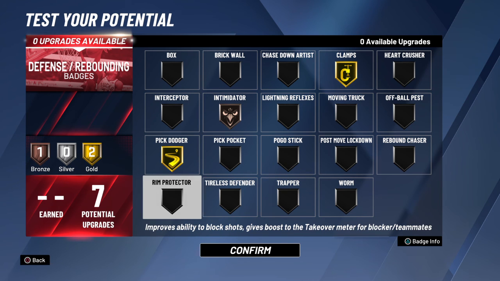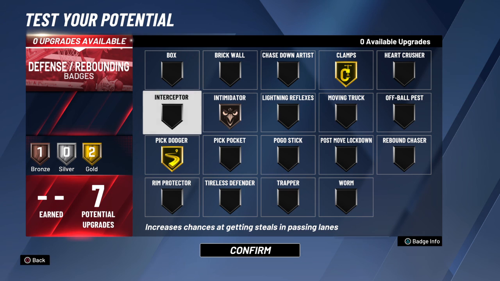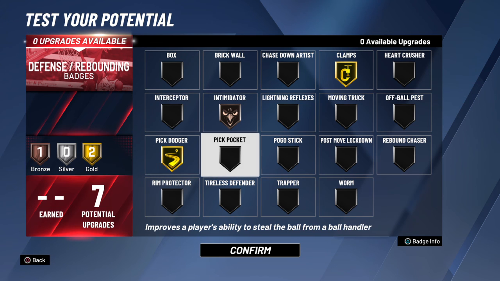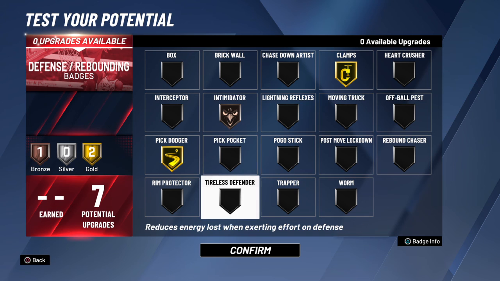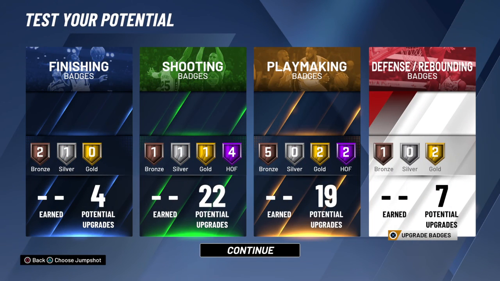You could put them on rim protector and chase down. Even though you don't got a high block with this build, it'll still work having rim protector and chase down. But if you go with more defensive badges with this build, then you'll probably put your block up higher, and it'll definitely work better. But that's the Playmaking Shot Creator